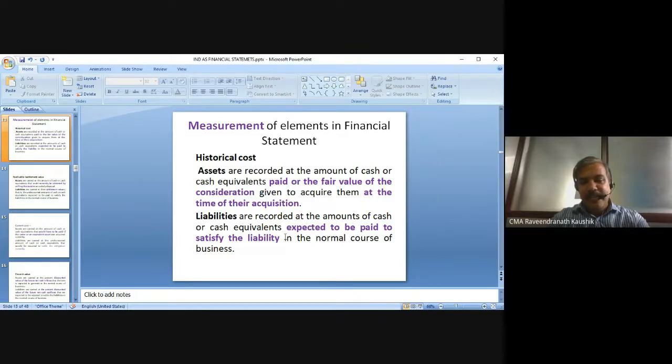Then liabilities are recorded at the amount of cash or cash equivalent expected to be paid to satisfy the liability in the normal course of business. So this is because many times the obligations get created